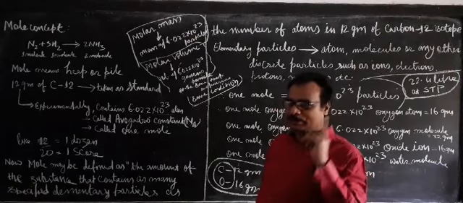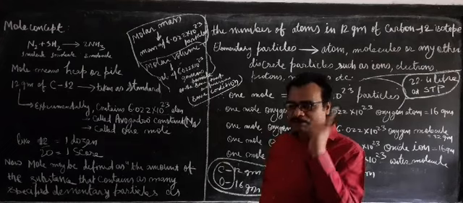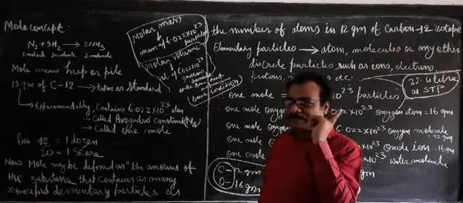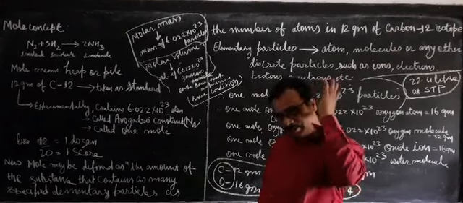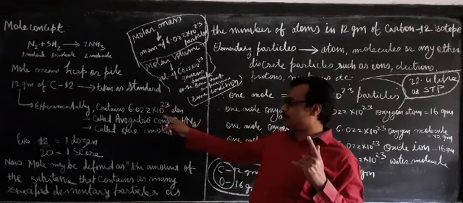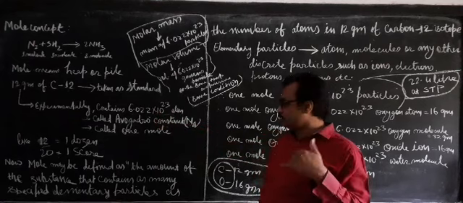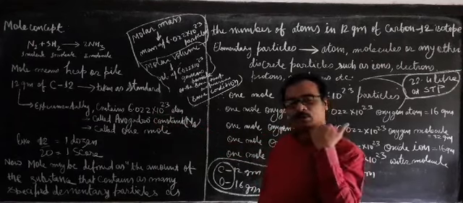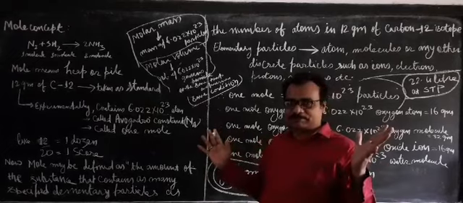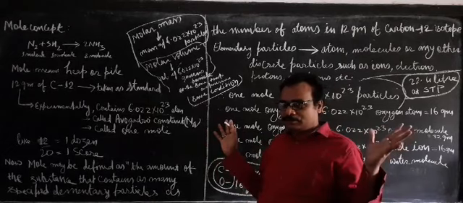It is 1 mole. So 1 mole is nothing but a counting unit, used when the number of particles is very, very high. How many? You can see 10 to the power 23, 6 multiplied into 10 power 23. A very high number. So that's why it is called 1 mole. This is called the mole concept. I think you have understood.